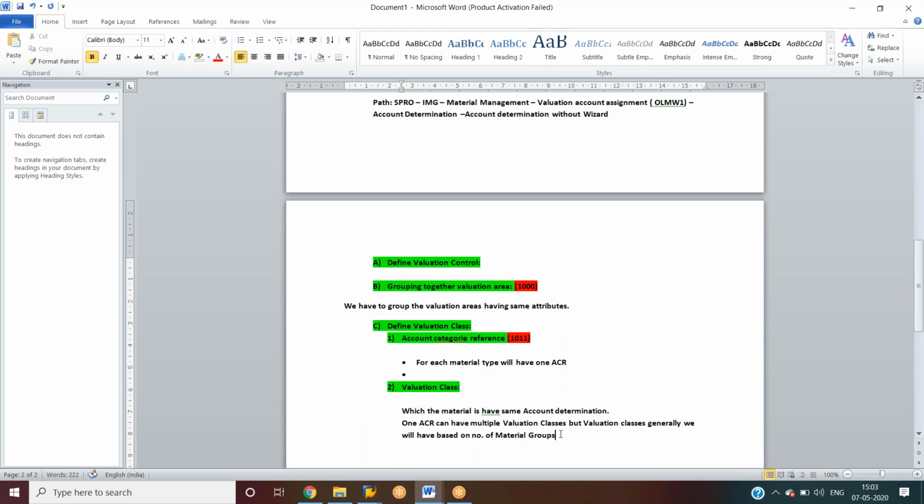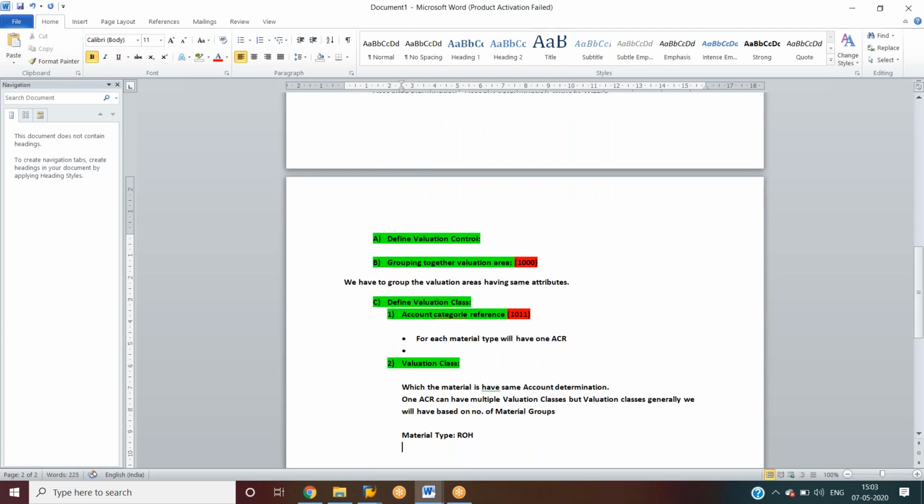So for example, let us say I have material groups under raw material type. For material type we have ROH, that is raw material, right? So under that raw material we will have material groups.